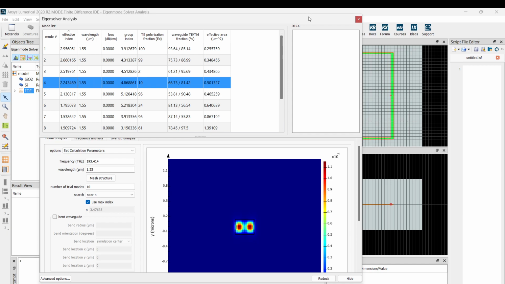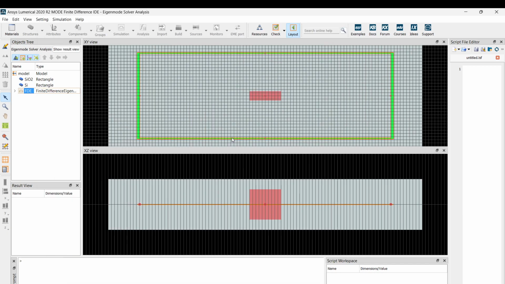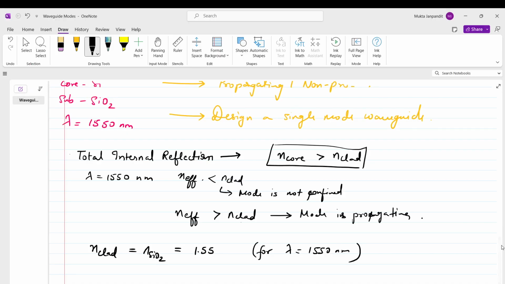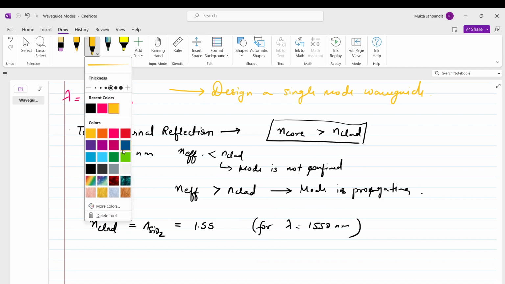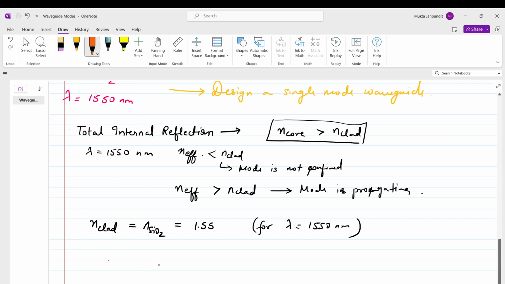Okay, so let me close this analysis window. So how do you think I can go about finding the exact geometry for which my waveguide will be single mode? There are some things that we need to consider before doing that. While we are fabricating a waveguide, there are some things that we cannot change, right?